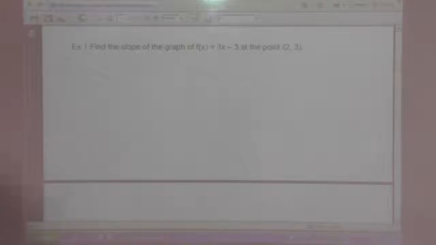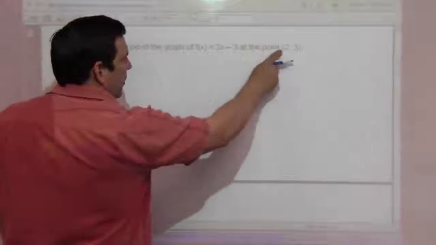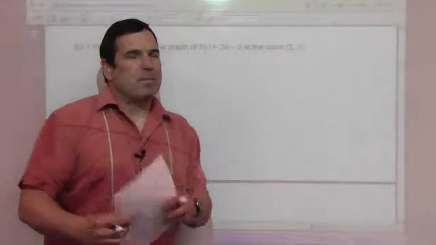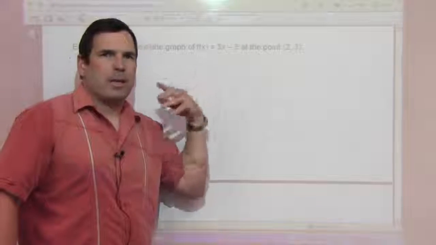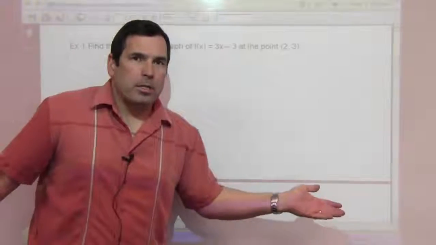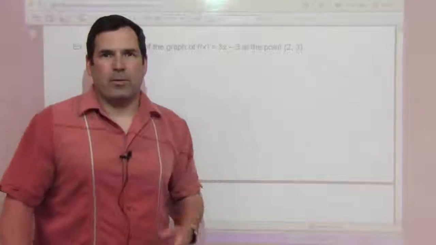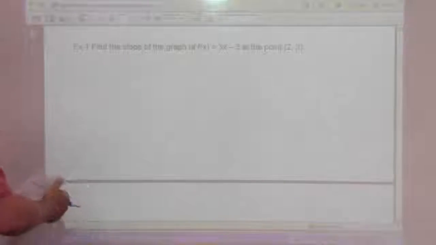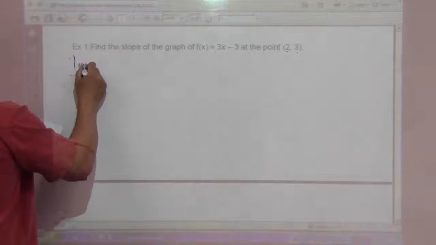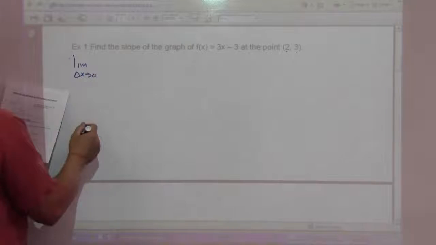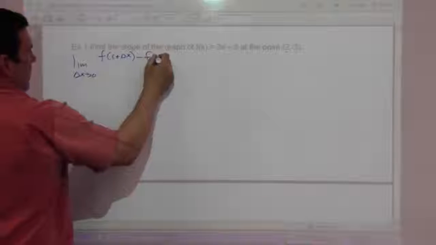So we want to find the slope now of the graph of f of x equals 3x minus 3 at the point 2, 3. Now, I kind of expect that everyone's looking at this here, f of x equals 3x minus 3. You're saying, hey, Jeff, that is a linear equation. y equals mx plus b. m is a coefficient for x. Must be 3. Let's see if it works out that way. We're talking about being at the point 2, 3. So the limit as delta x goes to 0 of f of c plus delta x minus f of c